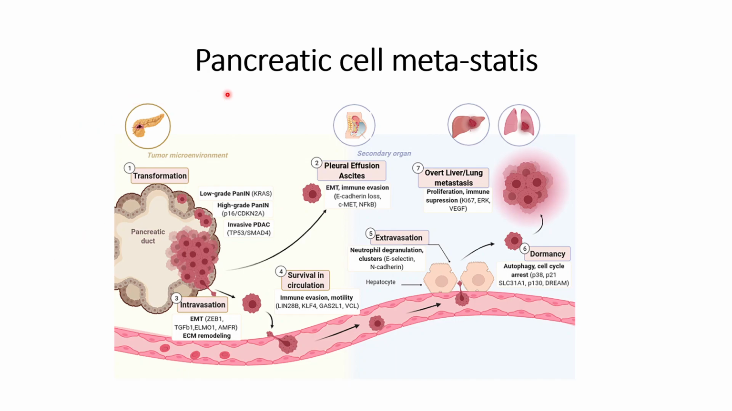In this video we will discuss pancreatic cell metastasis. So how do pancreatic cells spread across different organs? We will start with the transformation. So consider this as a pancreatic duct, and there the transformation of epithelial cells occurs so that they get converted